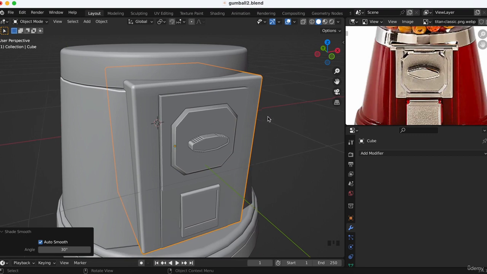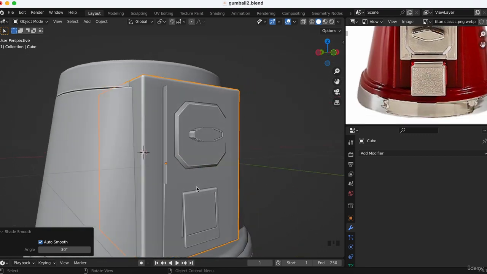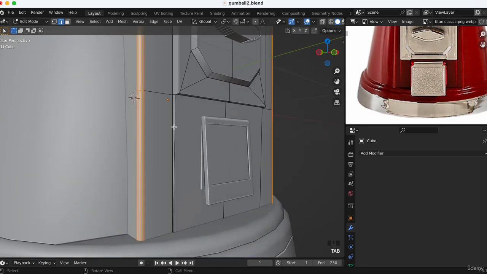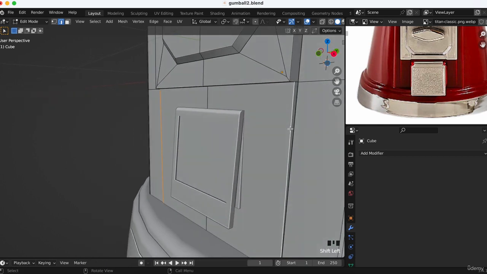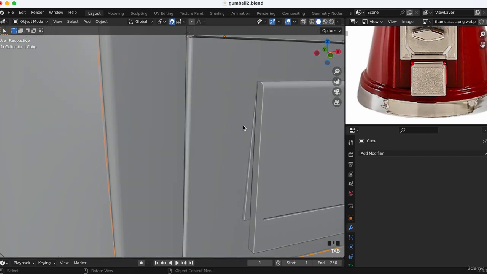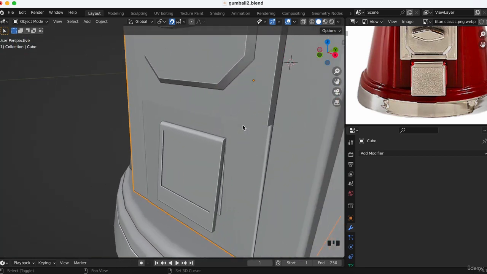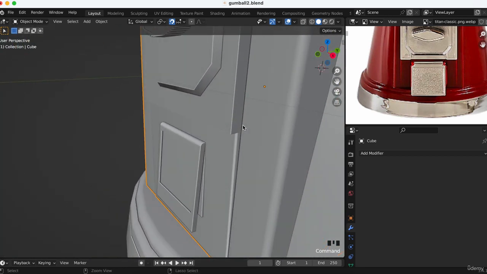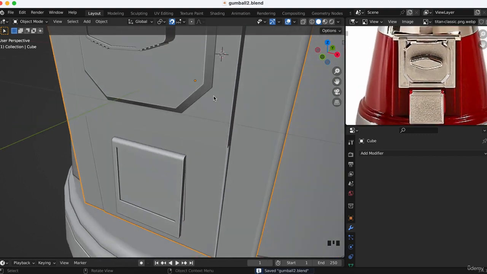So we rounded this, we need this part, so we can select this and this, control B, need a little bevel like this, it looks good. We can save, command S, and also